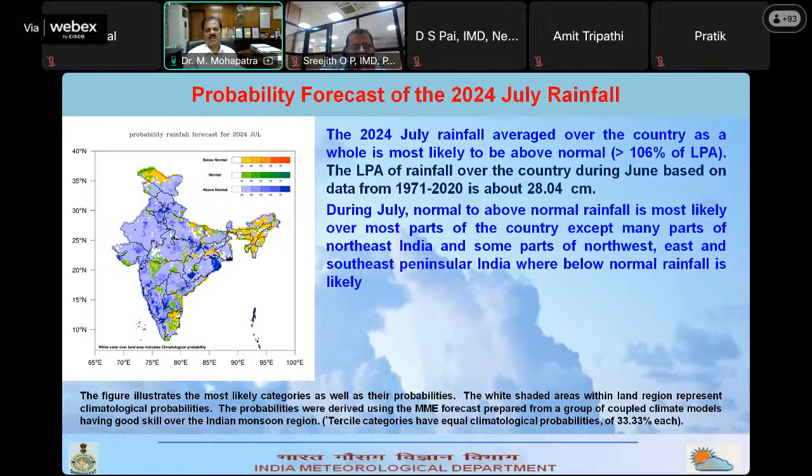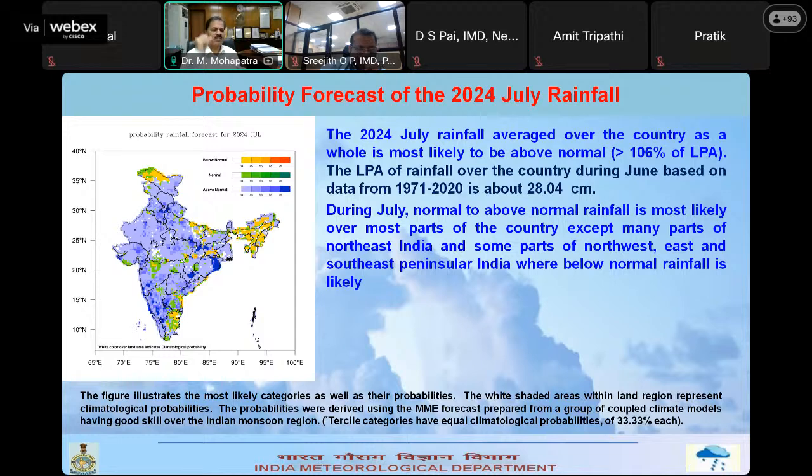So therefore, if I consider agriculture, for example, July is the month of sowing, and therefore this rainfall activity will certainly help agriculture and the farmers to have good agricultural practices. And if you look at the northeastern states, here rainfall is expected to be less than normal. That means the flood-like situation which prevailed in the month of June may not be so in the month of July. So the deficient rainfall activity may be helpful to minimize the probability of flood over the region.